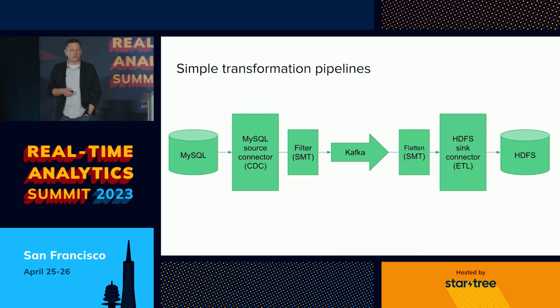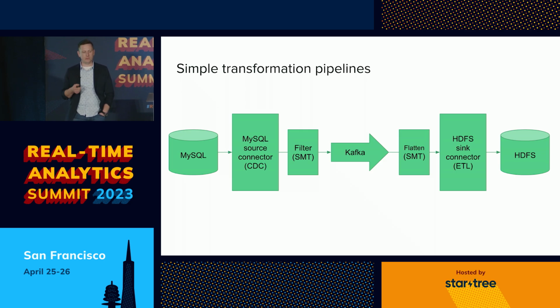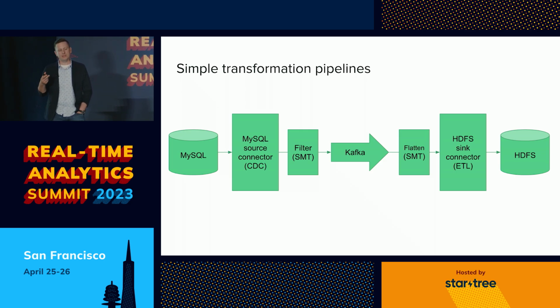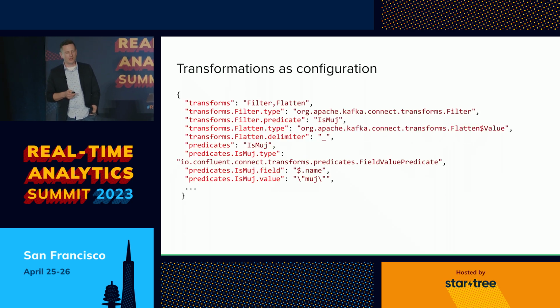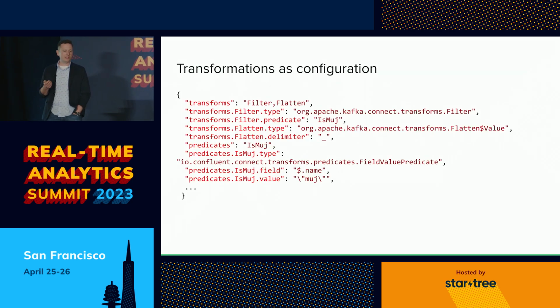Kafka Connect also understands this concept of transformation in the middle of pipelines, right? In Kafka Connect, there's something called an SMT, a simple message transform. And by configuring SMTs as part of your pipeline, you can do routing, you can do flattening, you can do filtering, that sort of thing. So you can actually do some measure of computation. It's not just moving data; it could also be some measure of processing. And these transformations are also expressed just in configuration.